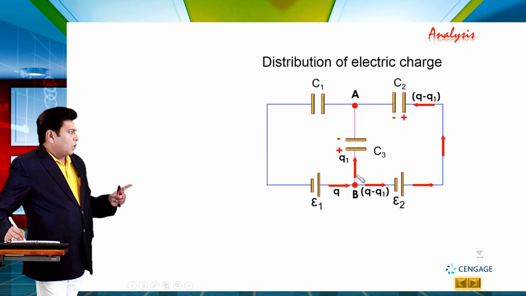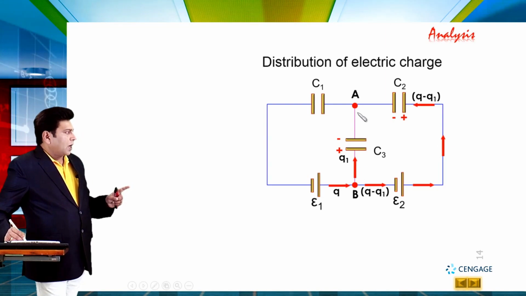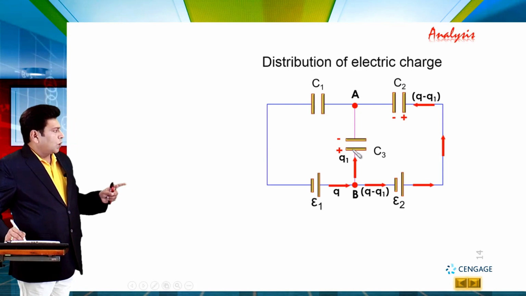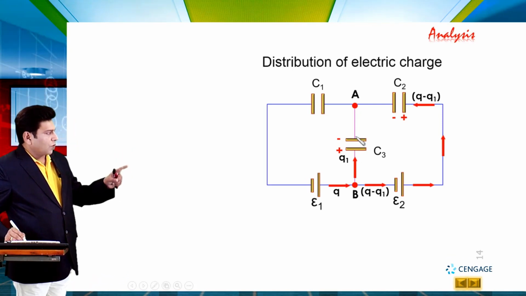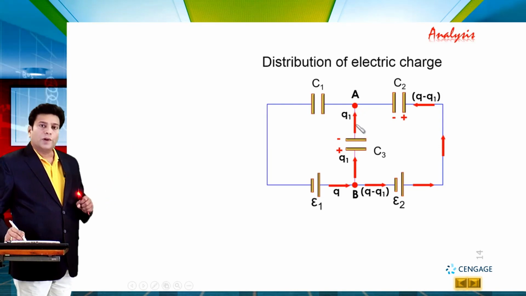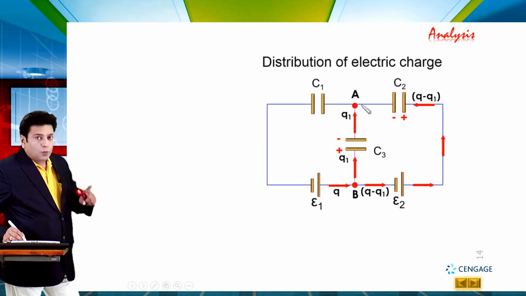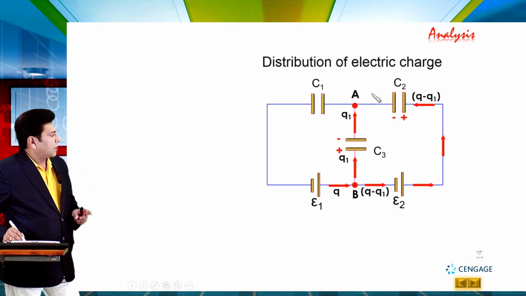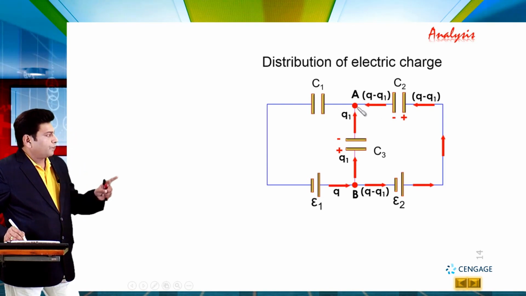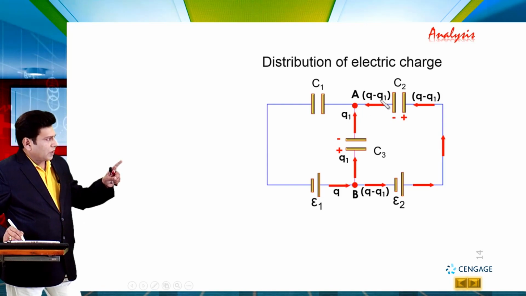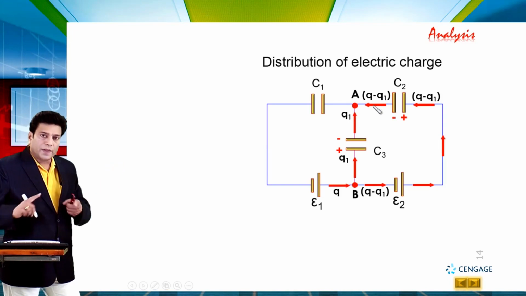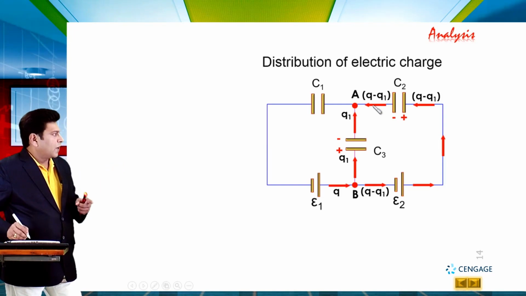Now we can observe here, this charge is flowing in the upward direction and this charge is flowing in the leftward direction. So here we can do one thing, we can make the direction of the charge flowing in the upward direction, that is Q1. Now this Q minus Q1 charge will reach to point A here. Now you can observe here, incoming charge is Q1 plus Q minus Q1, that is Q charge is left.